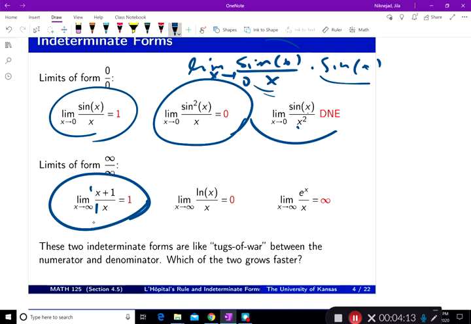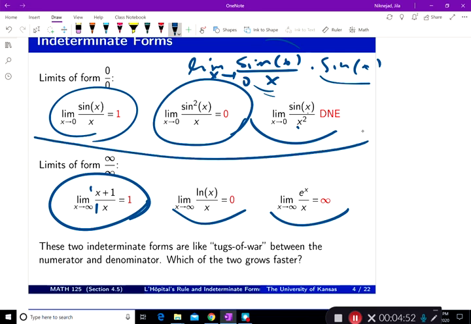Now, there are a few things that we don't know. I don't know what the limit of natural log of x over x is. It turns out it's going to be 0. And I don't know what the limit of e to the power x over x is. It turns out that it's infinity. These are both infinity over infinity, and the way to figure these two out is only with L'Hopital rule. So there are questions that we posed here that are going to be solved with L'Hopital rule,